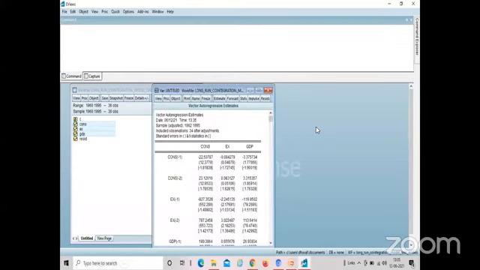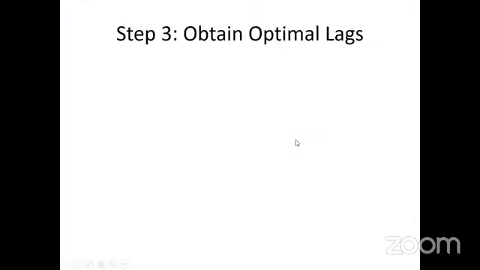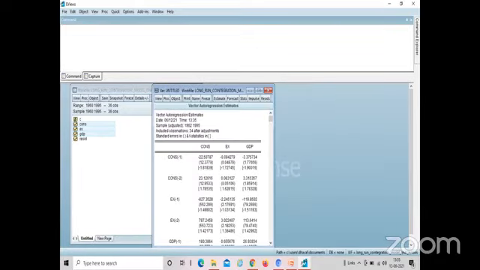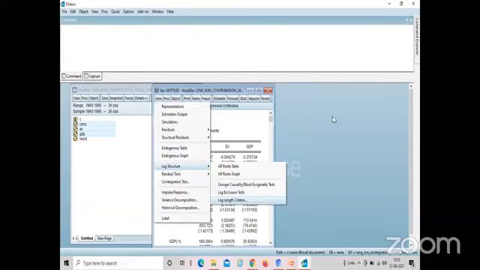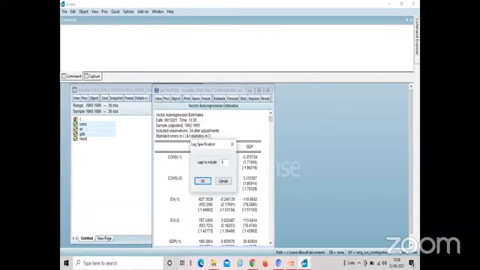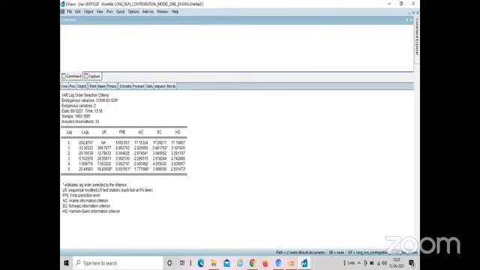Okay, click OK, and you will get the answer. Are you getting this answer? Say yes or no. Right. But still, we will not interpret anything from here. The lag length criteria is still left out. Again, we will go to view, lag structure, lag length criteria, specify 5, click OK, and tell me how many lags are to be included.